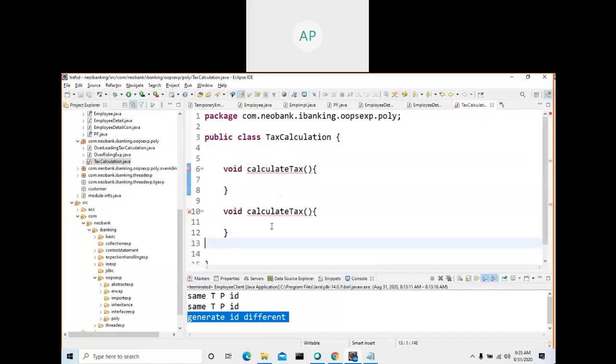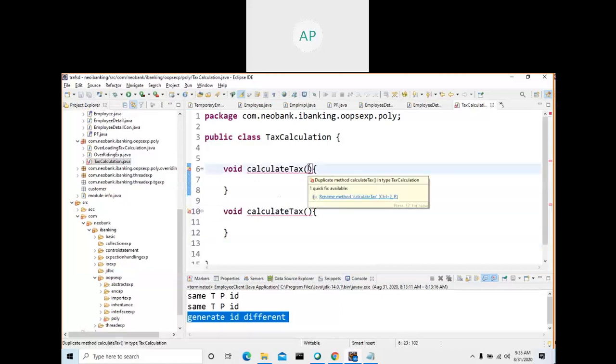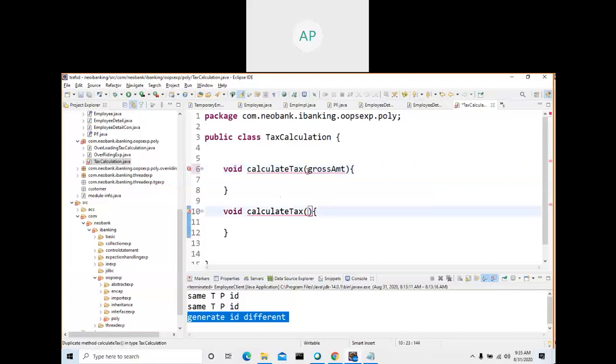Why? Both names are the same. Here in calculateTax I give a gross amount parameter, and here also the same. What is the type? This can be double or int. Here int gross amount. Now the error went away.